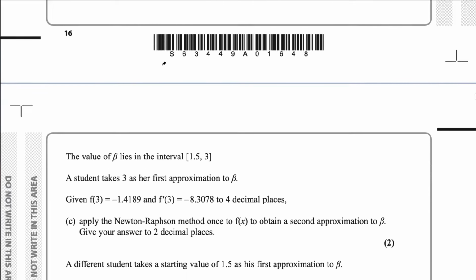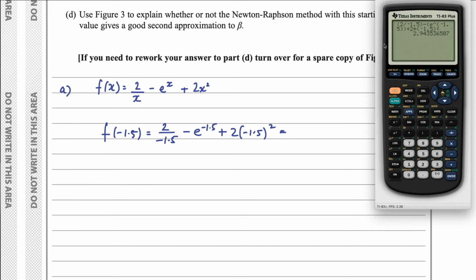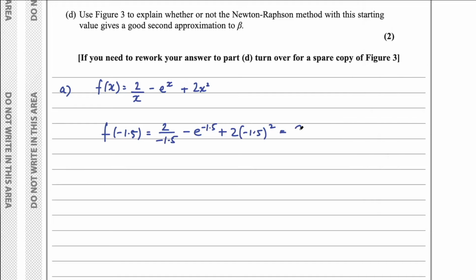Okay, so for part A, firstly let's write down f of x, and now let's find f of negative 1.5. So plug that in for x, we'll have 2 over negative 1.5, take e to the power of negative 1.5 plus 2 times negative 1.5 squared, and if we put that into a calculator, we get 2.9435, etc. So I'm just going to write down 2.94,